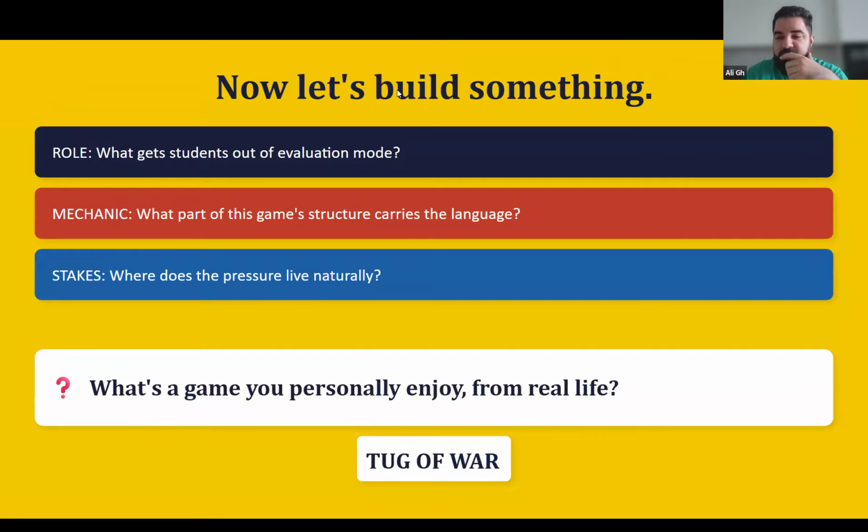Okay, so we have one thumbs up. The rest of you, do you know what tug of war is? Yes, yes. Okay, for those who don't know, I'm going to explain. It's when we have a rope and two teams on each side try to pull the rope towards themselves, and it goes left or right. Kazakh traditional nomads usually used to play this game, trying to pull the other team towards your side with a rope. It's a game of force and strength.